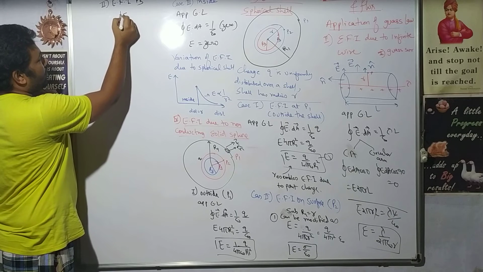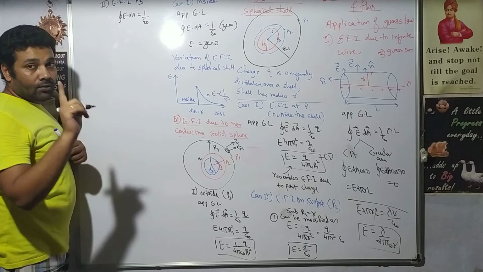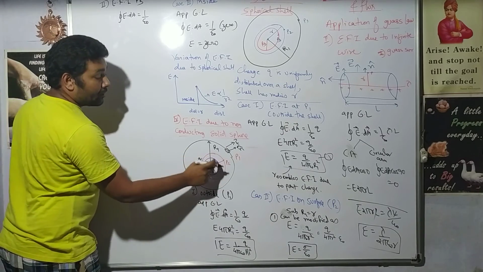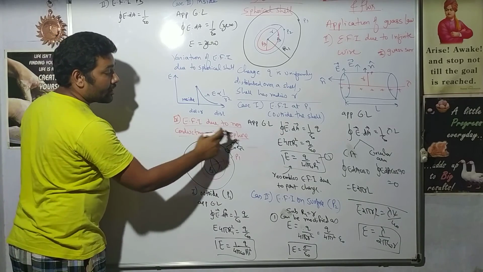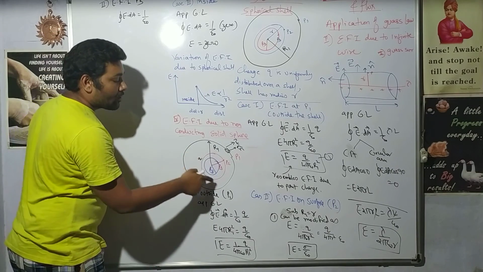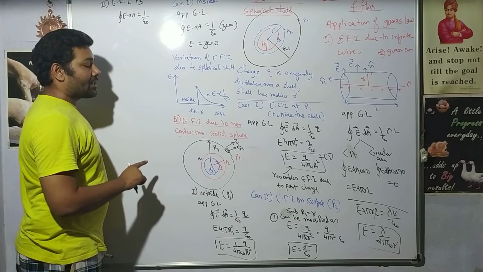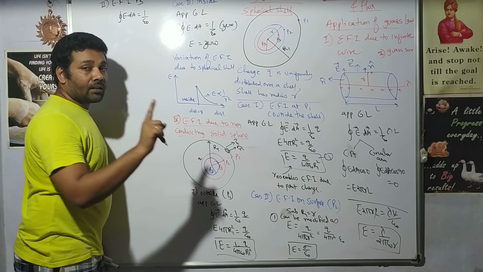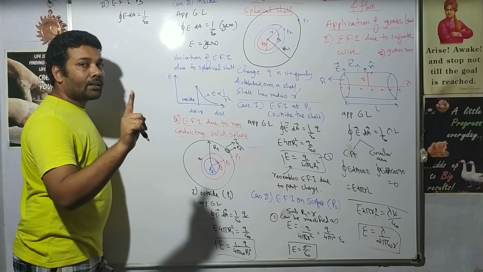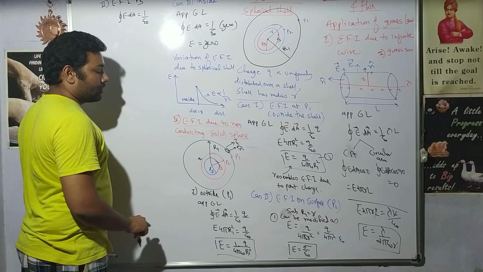So again applying Gauss law, the integral of E dot dA is 1 upon epsilon naught times the charge enclosed. Now here the charge enclosed will be different because the charge is distributed throughout the sphere. It is a non-conducting solid sphere, so charge is distributed throughout. Again, please recollect the question which I asked: what happens if it is a conducting solid sphere? That question is still held, you will have to answer it.